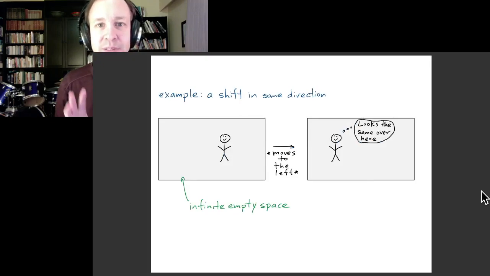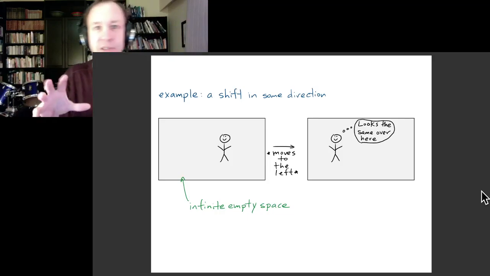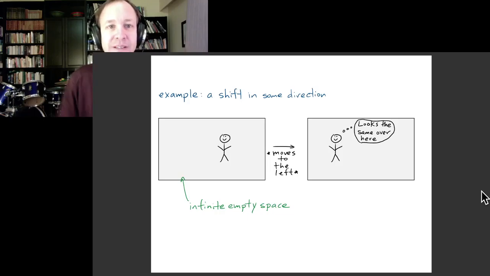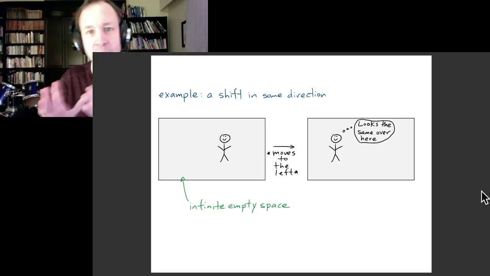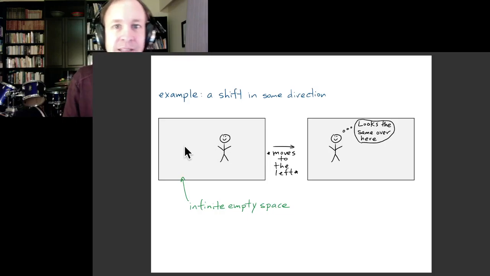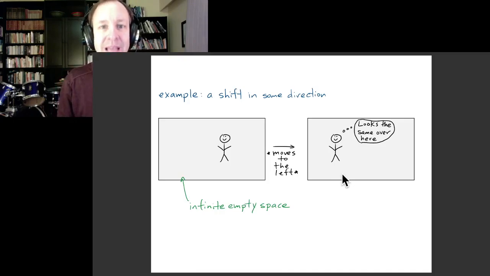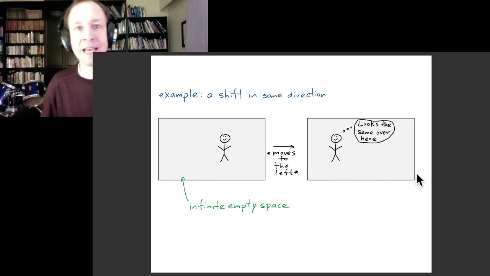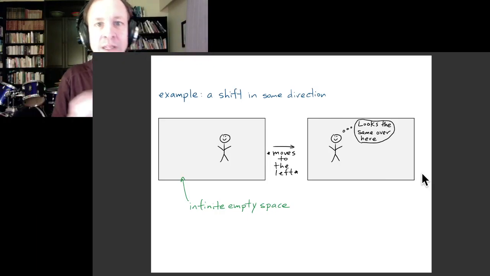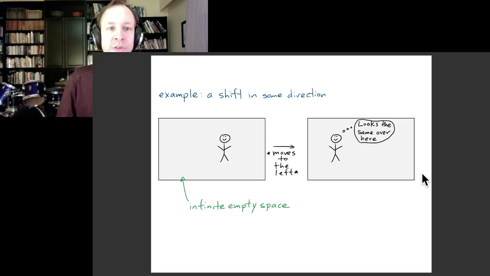The first example is going to be similar to the one that we just talked about with the rhythm, except that it'll be a spatial shift instead of a shift in time. So imagine that you're in this environment of infinite empty space. Now you move yourself to the left by some amount, maybe 4 meters to the left. And what you would notice is that the environment looks exactly the same as it did before. And so we would say that the environment of empty space has a symmetry under a shift of 4 meters to the left. Well, you can see that it has a symmetry under any shift in any direction. So it has a lot of symmetry.